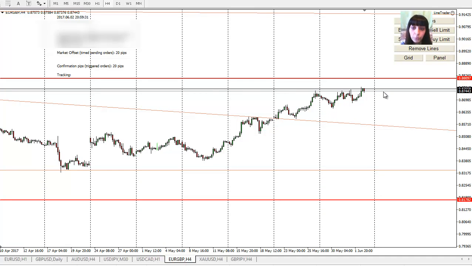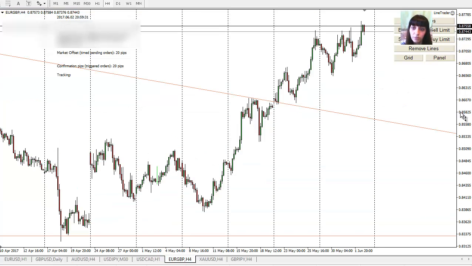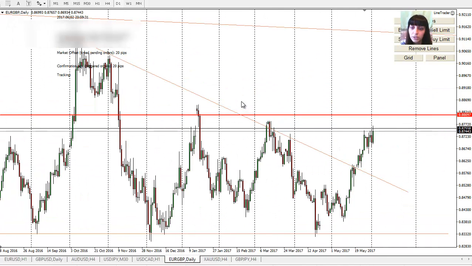Of course, at one point it might also create something really nice, like a flat channel. But I still think it's going to be a bit risky for both pairs on the same day. Both news events are going to happen on the 8th of June, and I just think I'm going to leave this pair alone. If we look on the video charts, you can see it's getting close to another important level, which it might be stopped by, might jump, or might go down. It all depends on the news events.